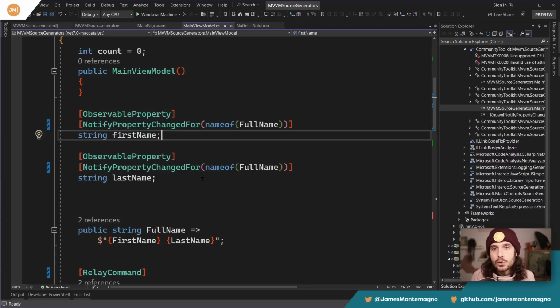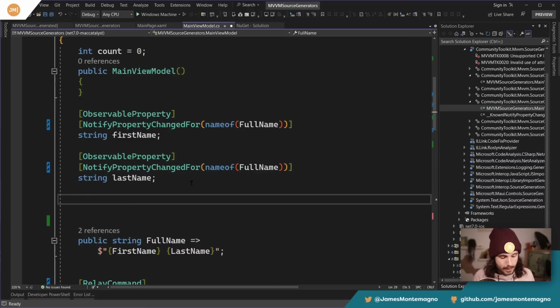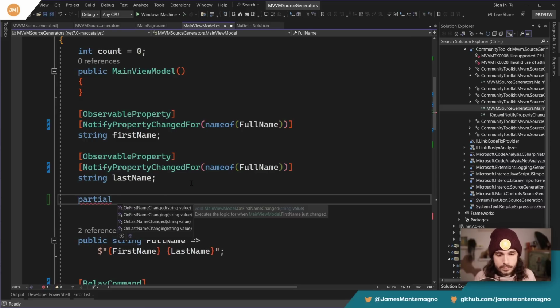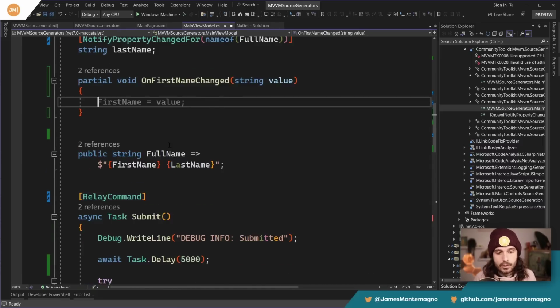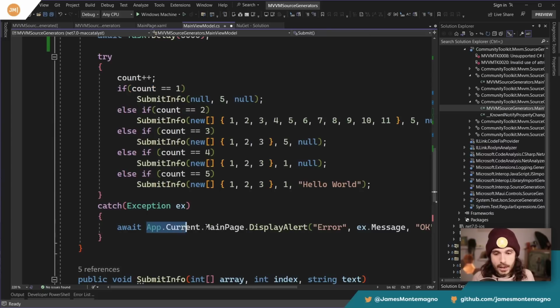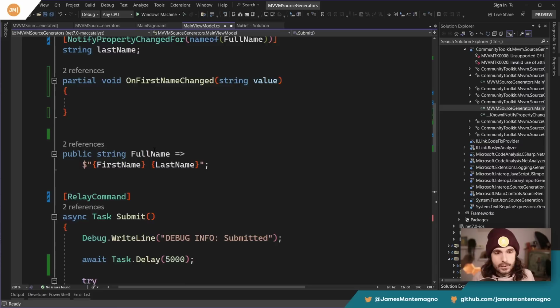Maybe you needed to execute some other code, for example, whenever that property changed. You can do partial. And here, if I zoom in, you'll see that for every property, you get an on first name, on last name changed and changing event. So here, if on first name changed, I could go in and I could go ahead and, I don't know, like, display an alert. So let's grab an alert notification down here